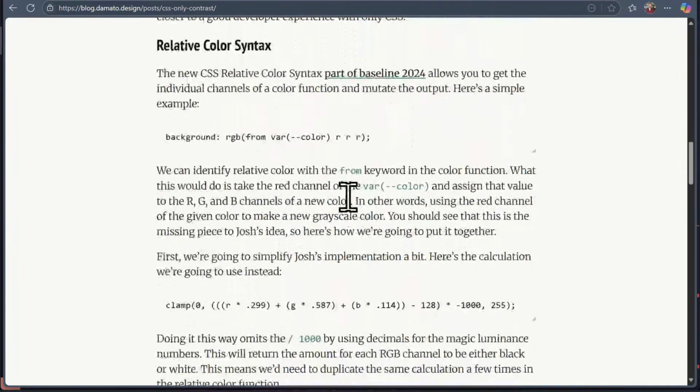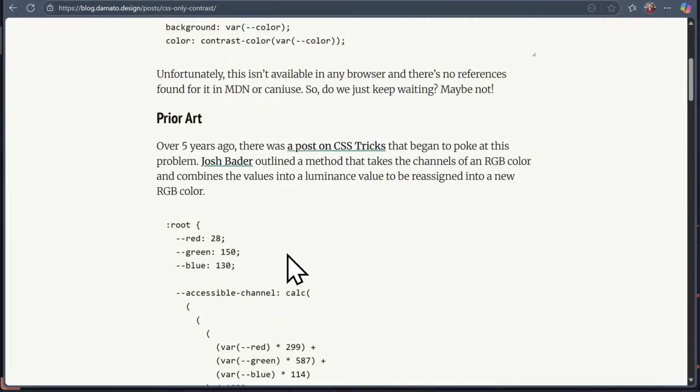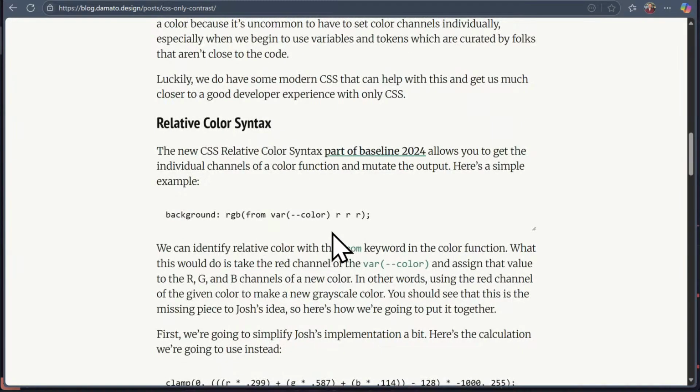So if you read on a little further, what I introduce is the CSS relative color syntax. You can identify that by having a color function in CSS, but using the from keyword. What that gives you access to is, once you provide a color in here, it could be a hex or whatever it is, you have access to the individual channels. So what does that mean? That means that if the color here is some mix of red, green, and blue, maybe 28, 150, and 130, then we could create a new color, a new RGB, by